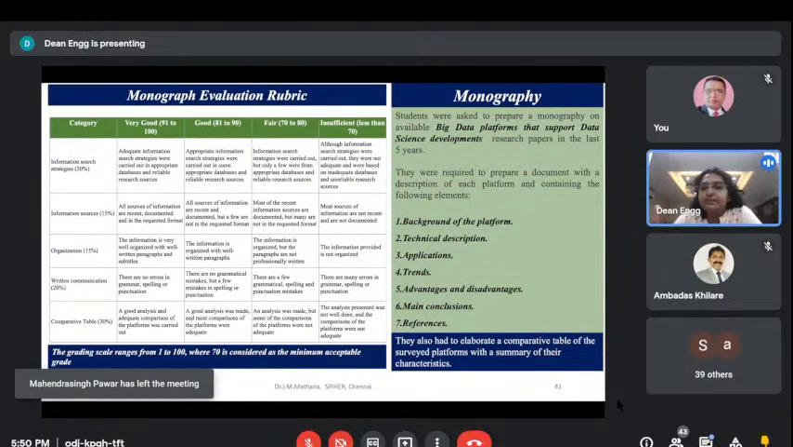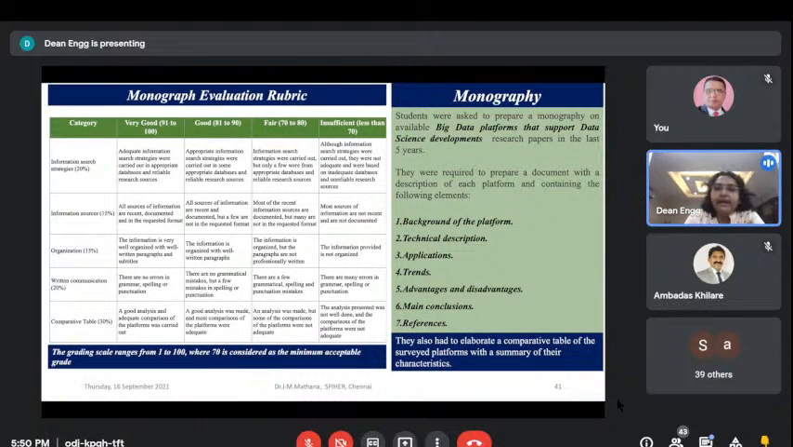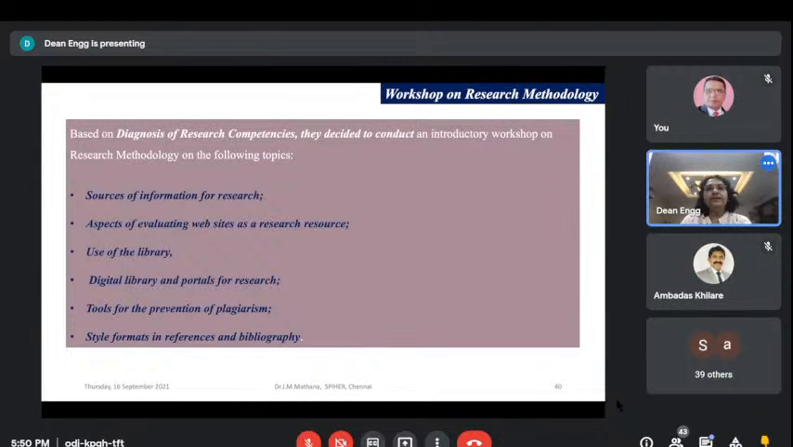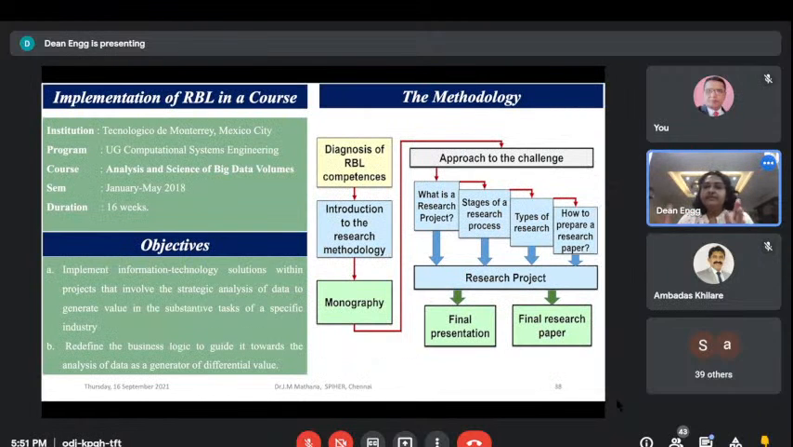So now the students submitted the report. It is evaluated by the faculty with the help of the rubrics. So here 70% of the students got the acceptable grade. Okay. So what is the first step? First step, the diagnosis of the research competency, isn't it? Second step, conduction of workshop. Third one, we gave a question and asked them to write the report. Parallelly,